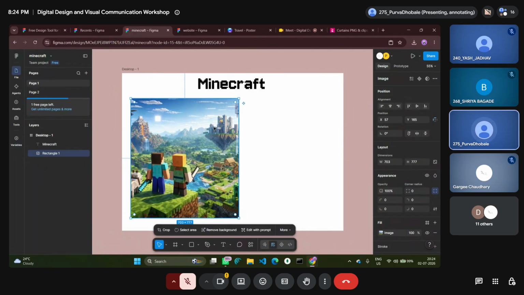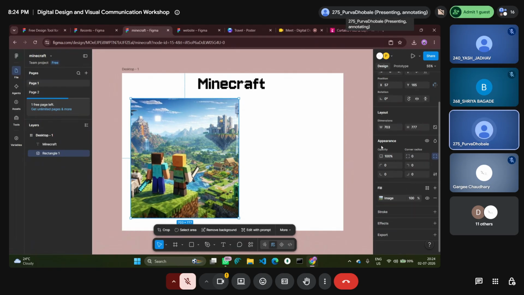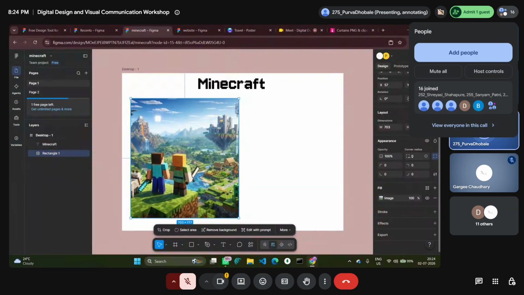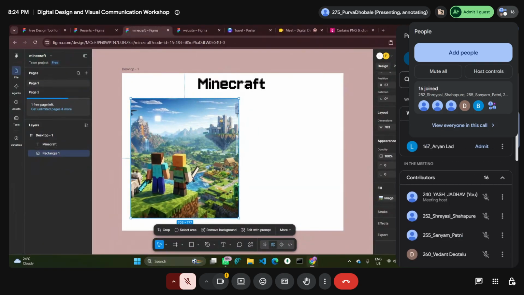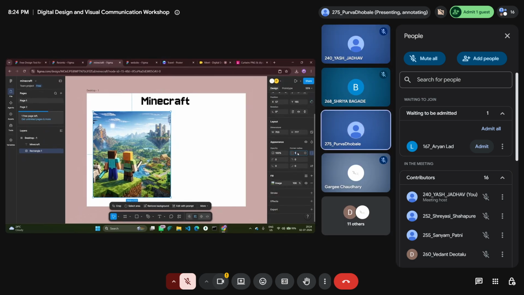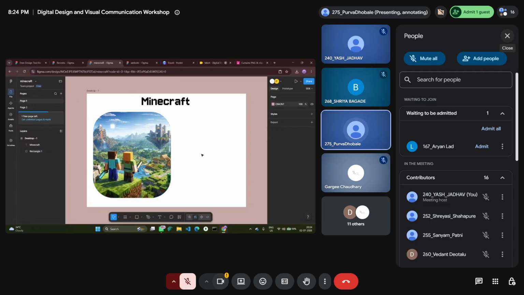So our photo looks bland, right? It is just a square, it has nothing in it. So we'll add rounded corners to it. Here in appearance, we get this corners option. Here I'll put 180 for each corner. So yeah, we got rounded corners.